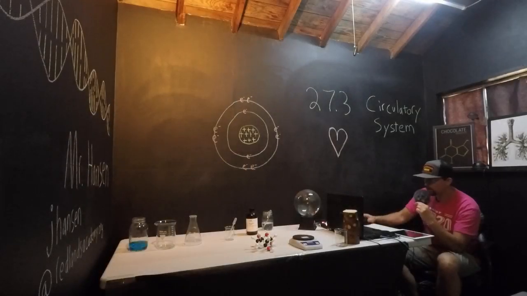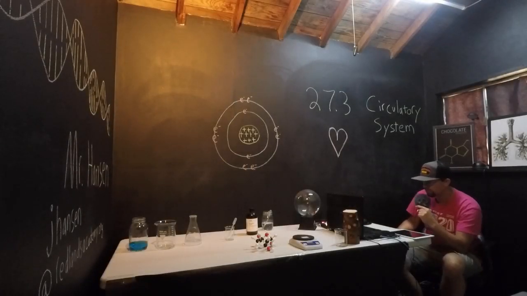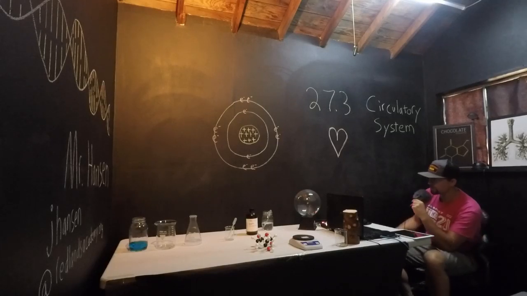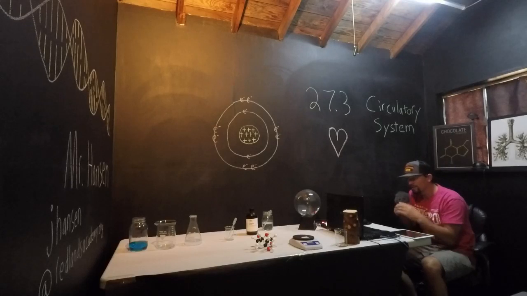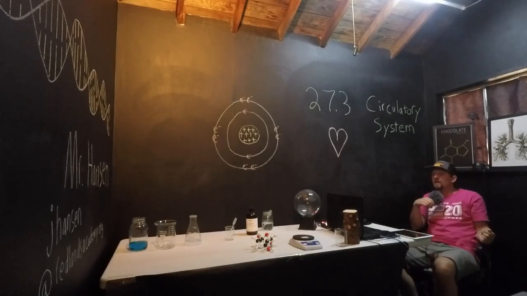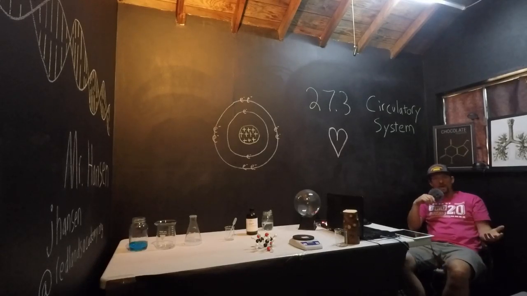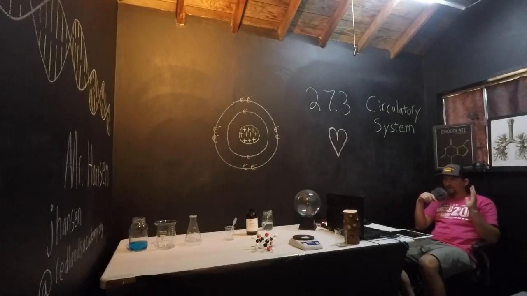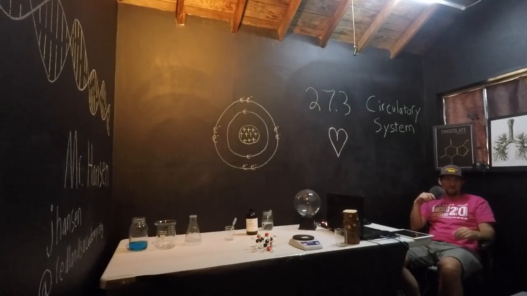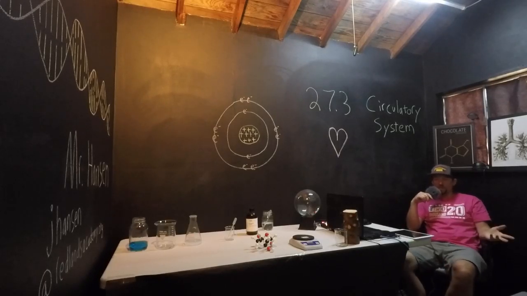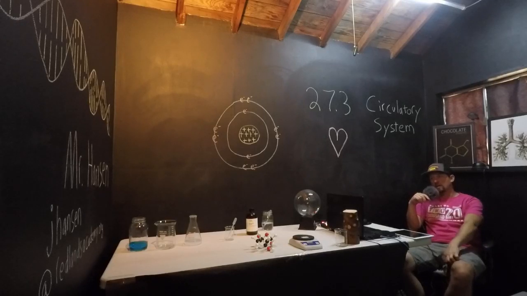All right, welcome to 27.3 lecture on the circulatory system. So we're going to be talking about the heart today, but more so what it does and what that looks like in different animals. Remember, we're still in kingdom Animalia, so we're talking about, first of all, eukaryotes. We're in the domain eukaryote, and then we're in the animal kingdom. And we'll talk about different phyla, I guess you would say, like vertebrates and invertebrates specifically have very different ways